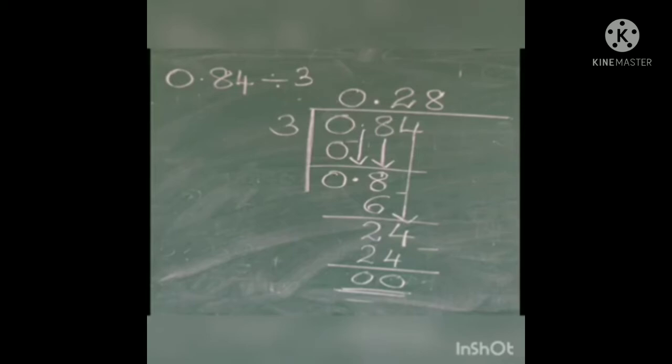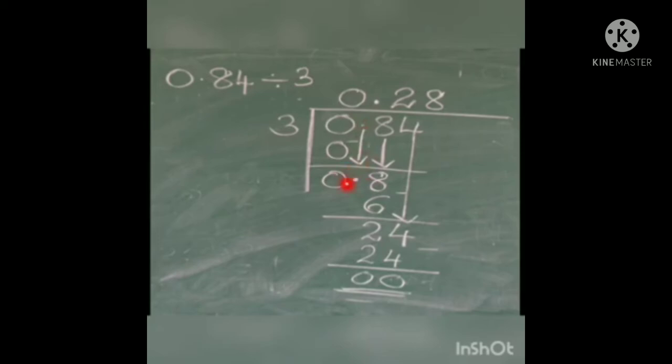So first, taking the divisor as 3 and the dividend as 0.84. Here first we start with 0. If you are getting a 0, we put 0 itself, because 0 into any number is 0. So 0 into 3, 0. Then what do we do? We subtract. You know, repeated subtraction is division. In multiplication we are adding, but in division we are subtracting. So after subtracting, again 0. Now writing down the next number. What is the next number here? The decimal point. So I put down the decimal point.